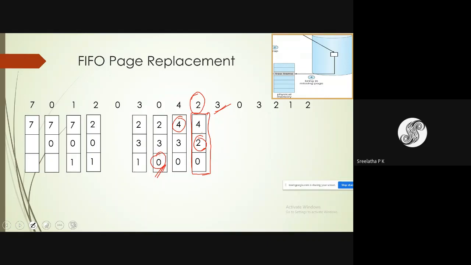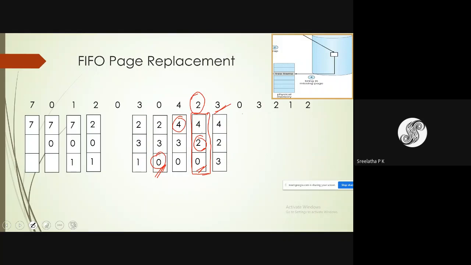To check when it has come to the memory, the time from the 0th time, at what time the page has come to the memory, that time will be stored. Okay, however, page 0 will be replaced by page 3.